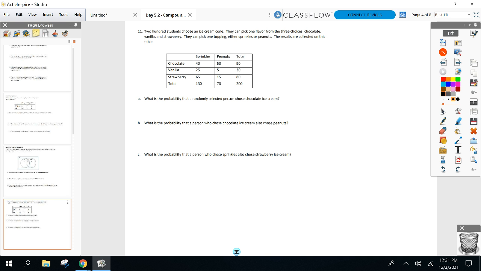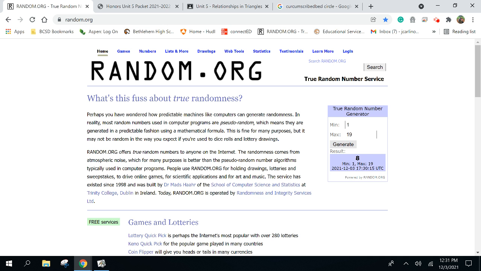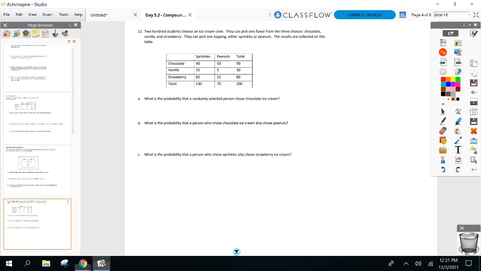Okay, this is Bert using a table. All right, finding probabilities using the table. And even though Ryan asked, I'm still calling on people, so be ready. Number 11 from yesterday's homework. What's the probability you select a person who chose chocolate ice cream? Look at your chart. How many chose chocolate ice cream according to the chart? 90. We talked yesterday. Probability, always a fraction, not bigger than 1.